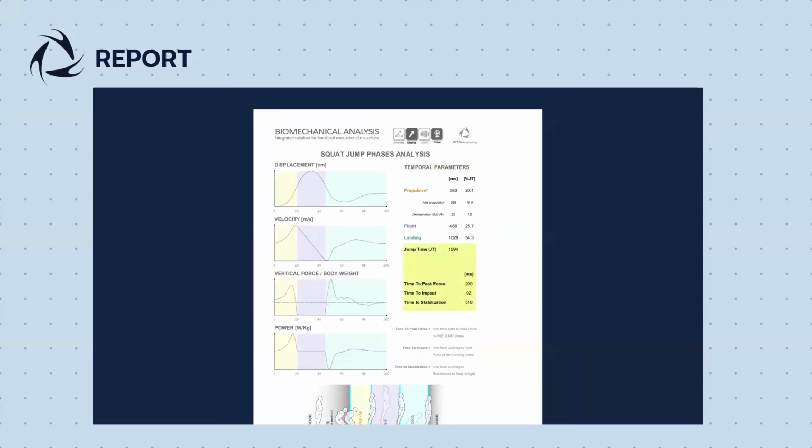and time to stabilization. Jump time is the total duration of the jump. Time to peak force is the time from the start to the peak force in the pre-jump phase. Time to impact is the time from landing to the peak force during the landing phase. Time to stabilization is the time from landing until the force stabilizes at body weight, when the force returns to the body weight value. The duration of each jump phase is also provided in milliseconds and as a percentage of